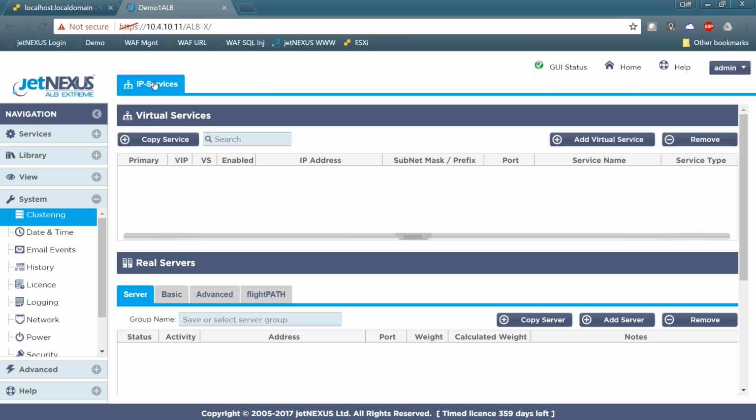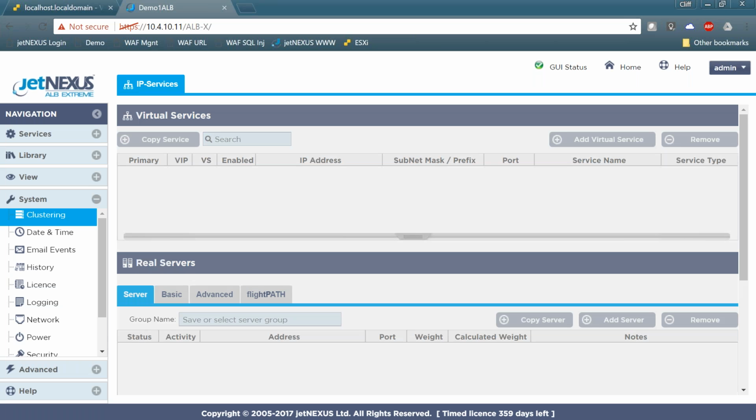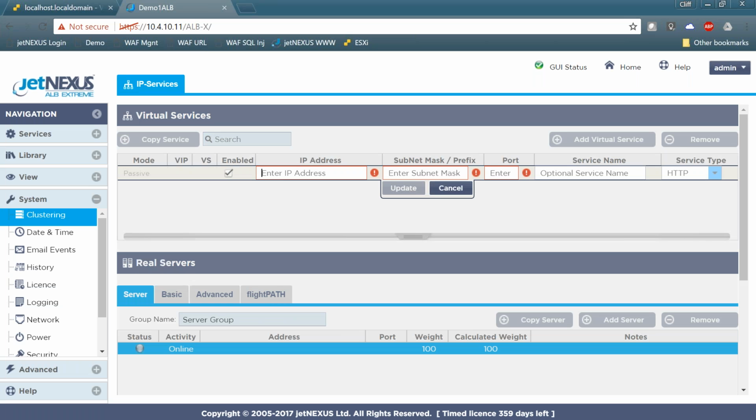So the first thing that I'd like to do is show you how simple and straightforward it is to set up a basic load balancer, so a single VIP load balancing across three real servers. To do that, I go in and add a virtual service. This will prompt me to enter the IP address that I want the clients to connect to. So in this particular instance, I'm going to use 10.4.10.101 as my first VIP IP address. Subnet mask